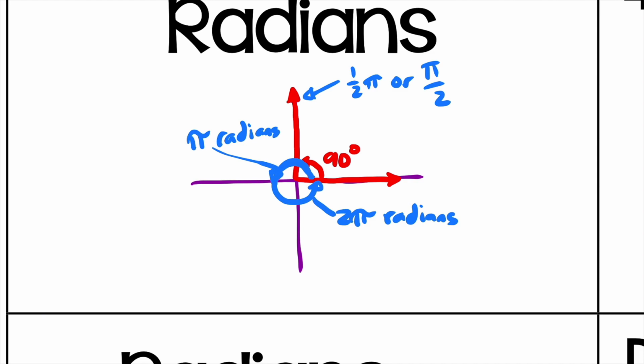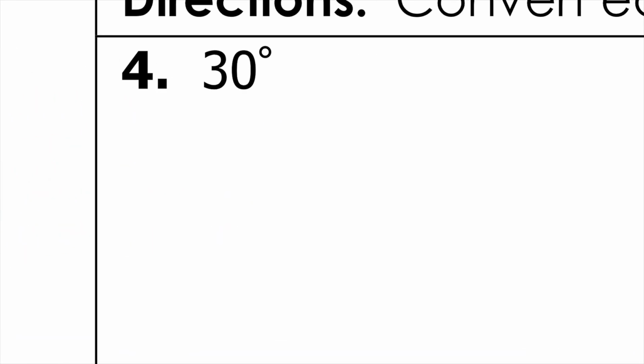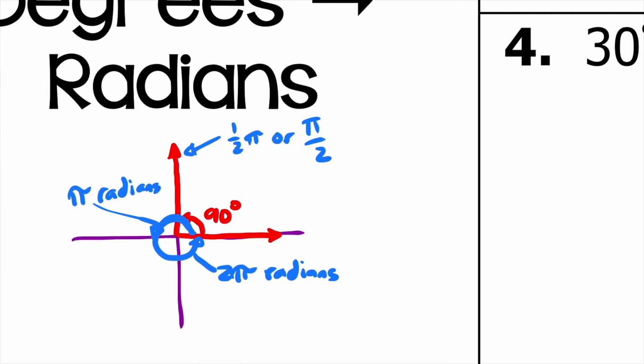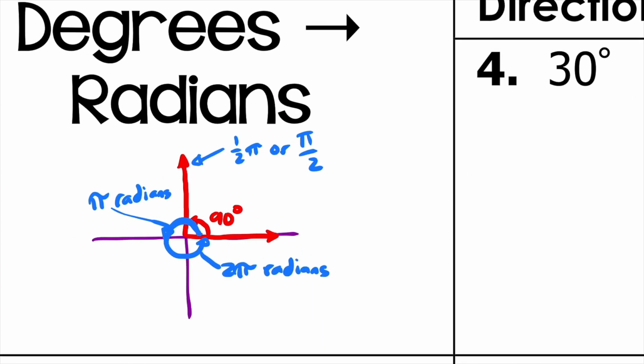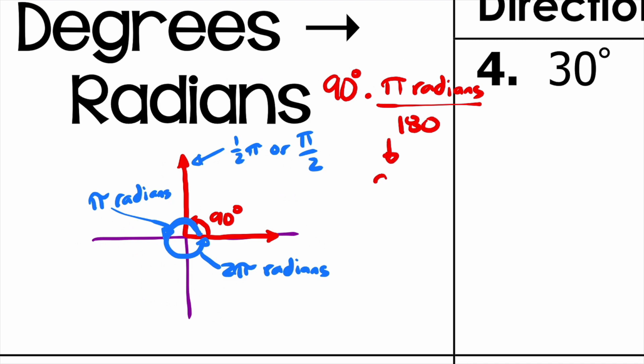Okay, so now let's use the formula to do that. So if I were to use the formula, here's my degrees, right? So I'd get my degrees, which is 90 degrees. I'd multiply it by pi radians, and I divide it by 180. So what's 90 over 180? Well, if I divide by 90, that's 1. Divide by 90, that's 2. I would get pi over 2